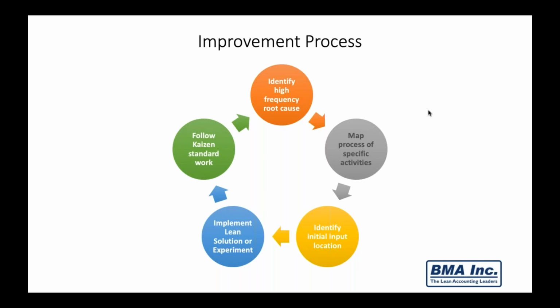Follow the standard work for Kaizen or improvement. Not every activity is going to be a formal Kaizen event that's going to take days to solve. It might take hours to solve, but follow the process of the standard work. Because if you follow the standard work, you get permanent solutions. If you do random improvements, the tendency is you get more band-aids and then the problems reappear. So that's the general improvement process, and you should follow the principles of Jidoka